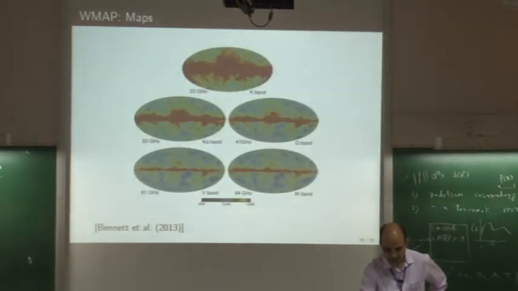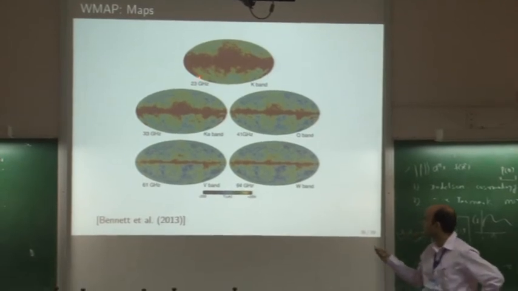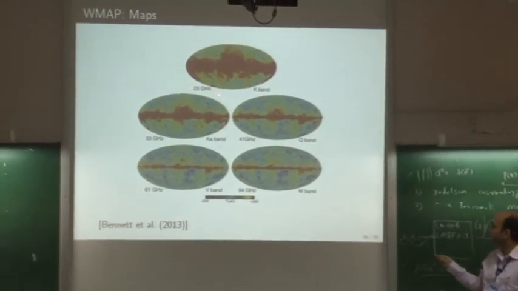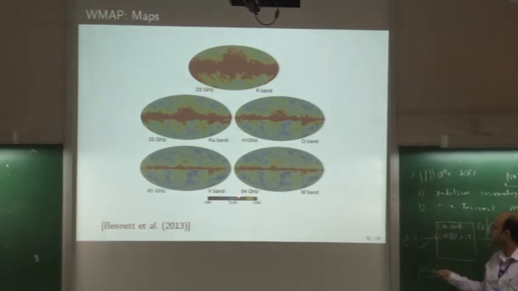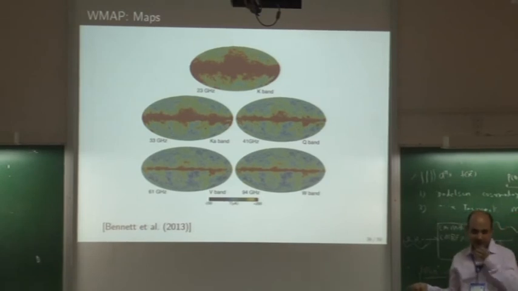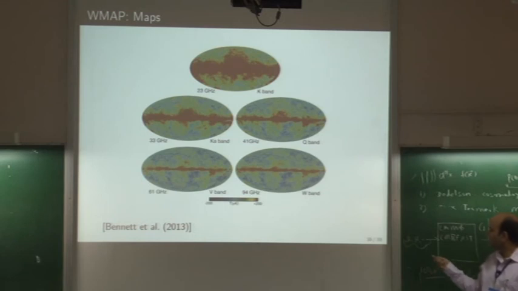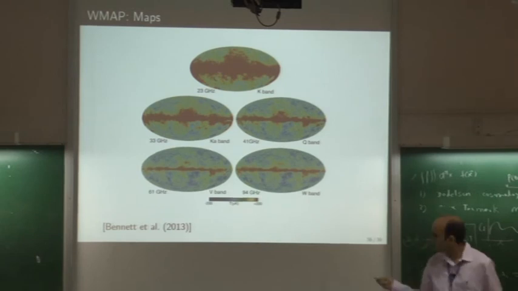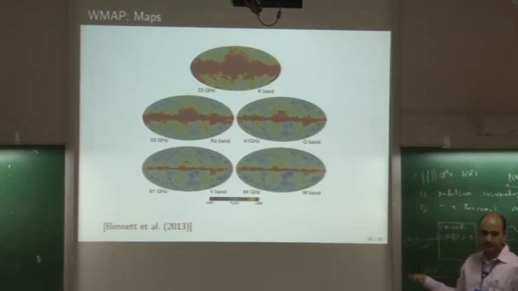Now it's out of service, but what it gave us are these sky maps at 5 frequency bands, from 23 gigahertz to 94 gigahertz. In the middle, the red color is the contamination due to our galaxy. This contamination is stronger at lower frequency bands as compared to higher frequency bands. So we have to remove it, and we can use information from other experiments also. If we know how this emission is, we can just remove it. This picture is from the latest data release, the 2013 WMAP 9-year data.